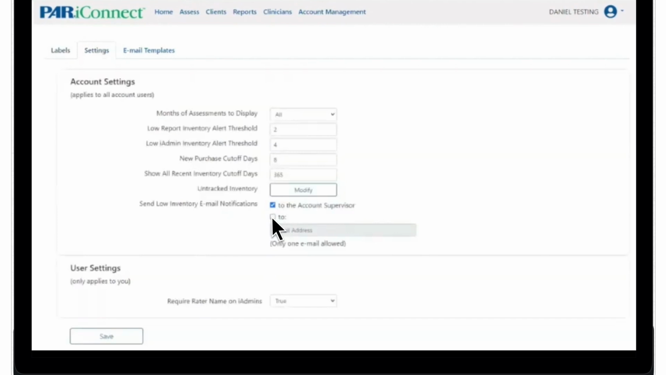Other thing to mention here on this screen is a user-specific setting, and especially if you're using an assessment like the Brief 2, this one can be really, really powerful, and I certainly recommend sharing this with your other clinicians, your other users on the account. By default, this one that says require rater name on iAdmins is going to be set to false. And what that means is that when you create an assessment, if it's an observer form, so you've got, say, the Brief 2 parent form or the teacher form,